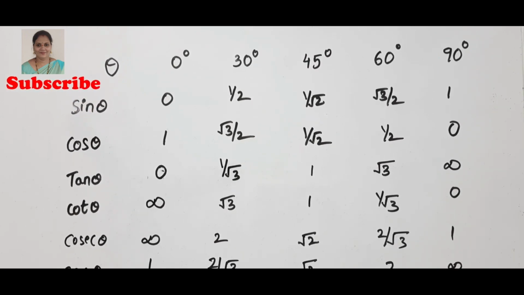45 degrees, 60 degrees and 90 degrees, which are very important for doing calculations as well as for studying the graphs of trigonometric functions, on which I am going to make a video in my next upcoming video. Okay. So in the next video let us study about the graphs of trigonometric functions. Hope you have understood how to get the values of trigonometric functions at angles 0 degrees, 30 degrees, 45 degrees, 60 degrees and 90 degrees, and so on.